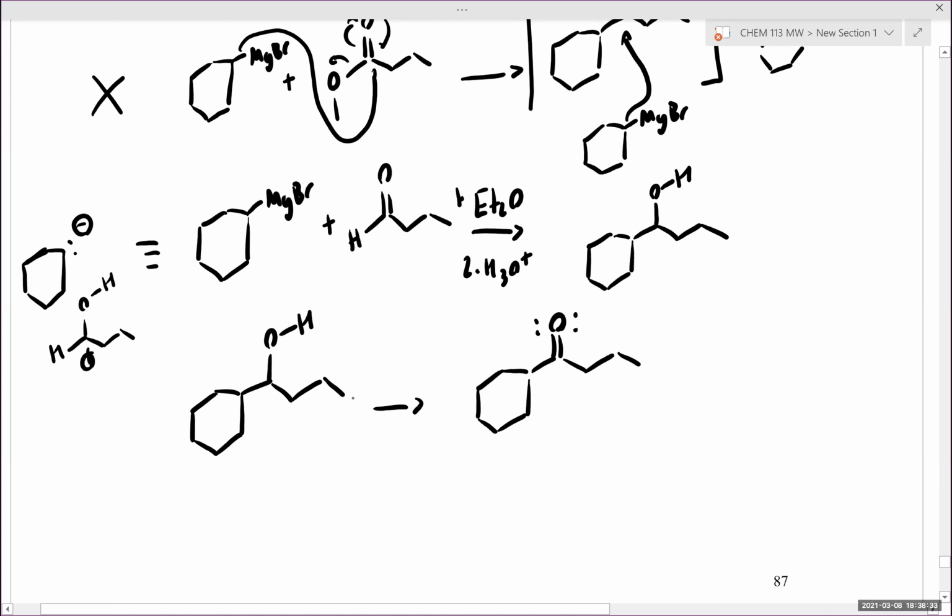What conditions would we use to accomplish that, or to complete our synthesis? So if we want to take this alcohol, which we can easily make, and convert it to our desired ketone,